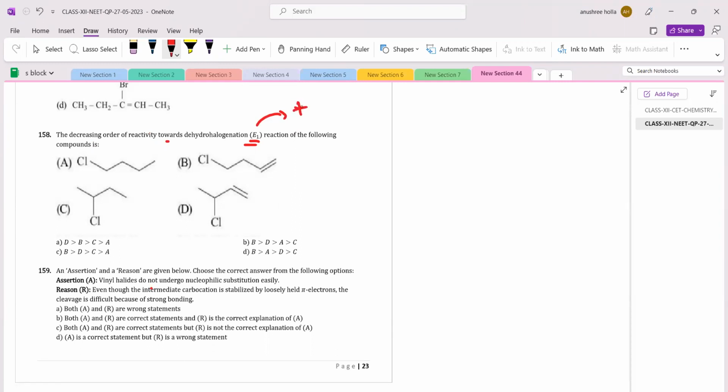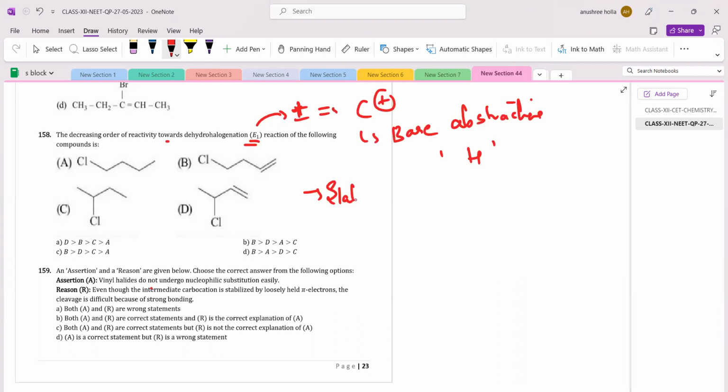The first step is the formation of carbocation, right? A carbocation. In the next step, your base will be abstracting hydrogen. So for this particular question, we need to know which of the following will yield a stable carbocation, because in E1 reactions